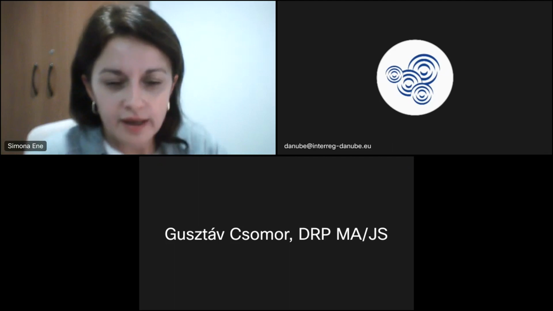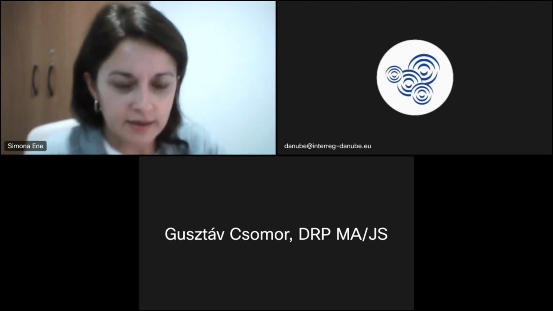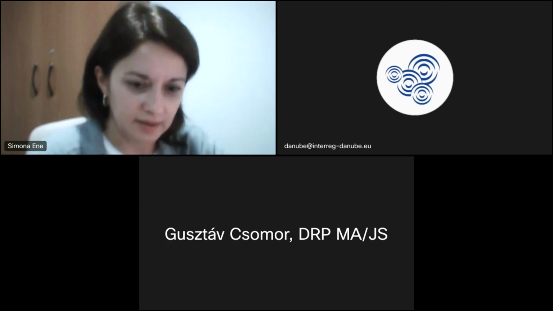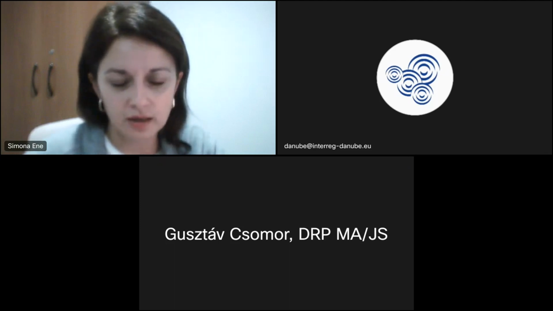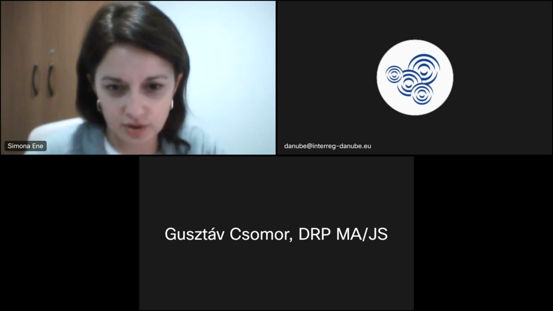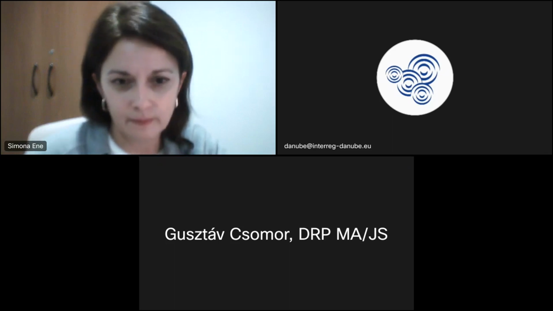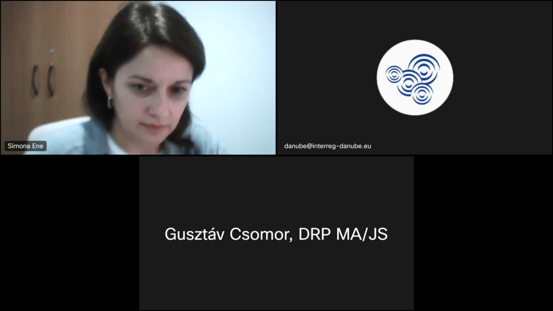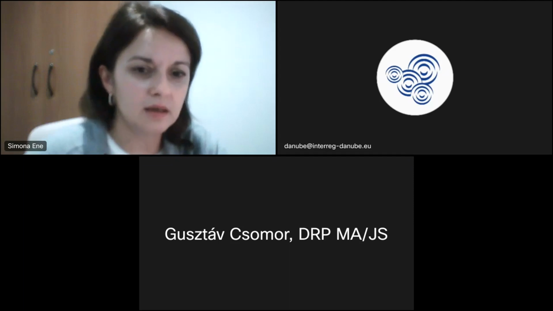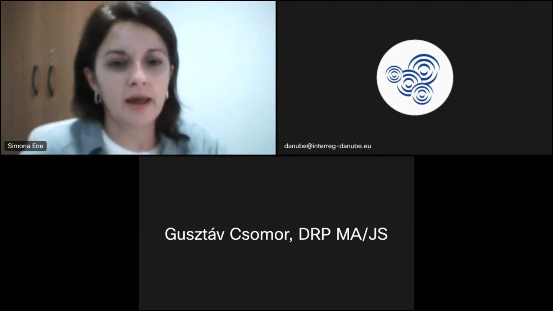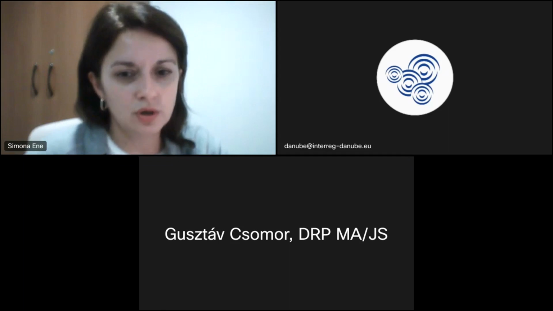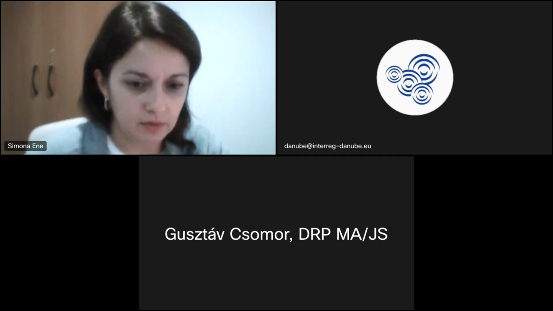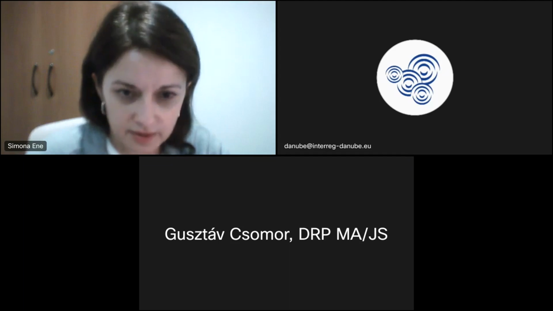Then what are the RCO, RCR, and ICI? RCO is an output indicator, as I presented. Unfortunately, I cannot share and read the questions at the same time. An RCR is a result indicator, and an ICI is a result indicator, and it reflects organizations with increased institutional capacity. These are in the applicant's manual. Now I will share again the presentation